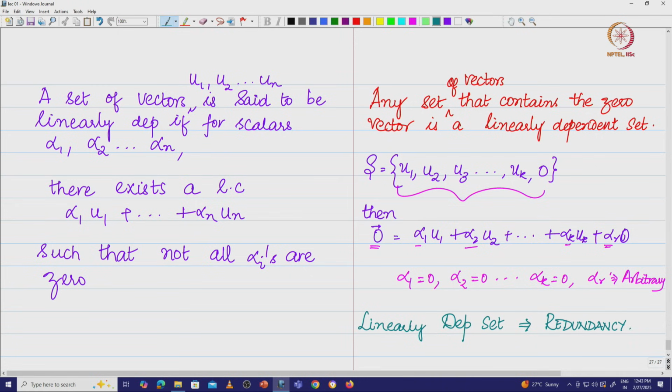Now, we have still not answered the question of what strategy we need to employ in order to study the effect of a transformation on a vector space, or on all the vectors in the vector space. We are just towards answering that question. So we will stop at this point, and proceed with this journey to find the answer for the strategy we need to adopt to study the effect of a transformation on the entire vector space in the next class. Thank you.